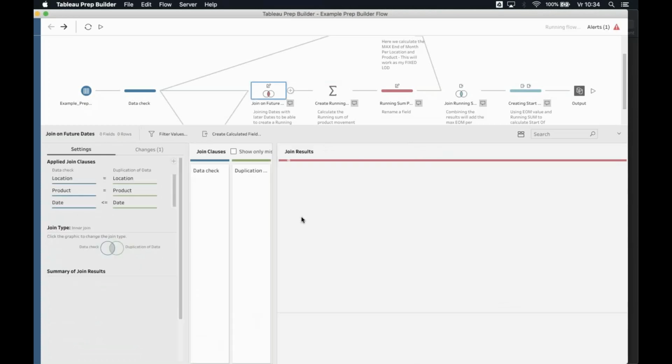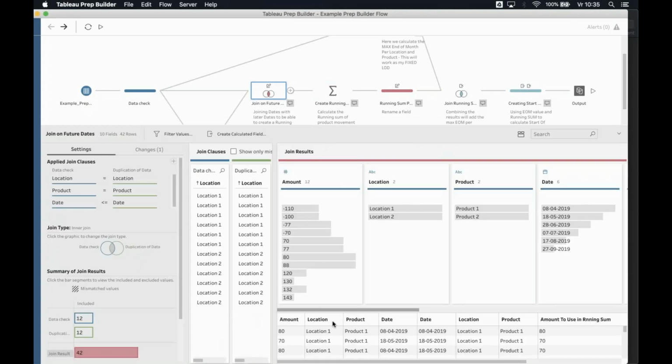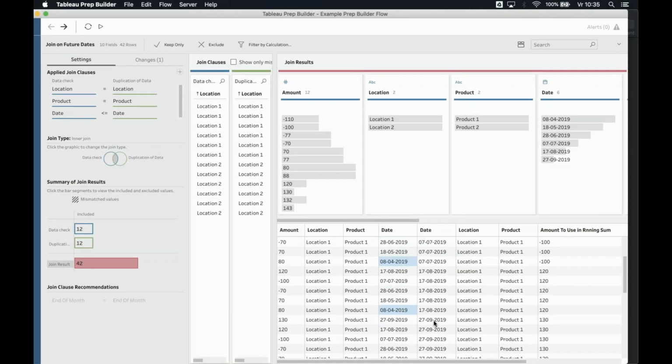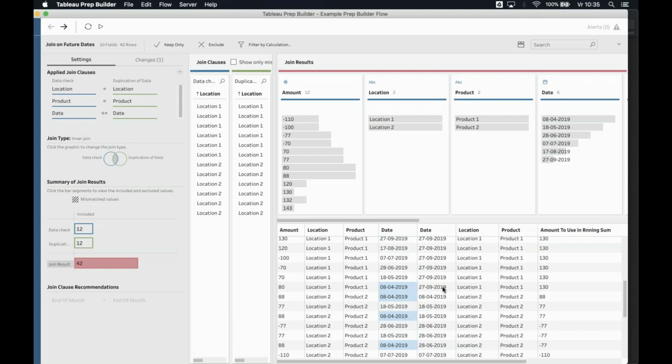Let me just go back and explain it again. I have 0804, I just need this to be a little bit higher. And you can see that 0804 has multiple rows suddenly, because I have 0804, which is the original. I also have 1805, 2806, and 0707, and even 1708 and 2709. So these are all values, 130,